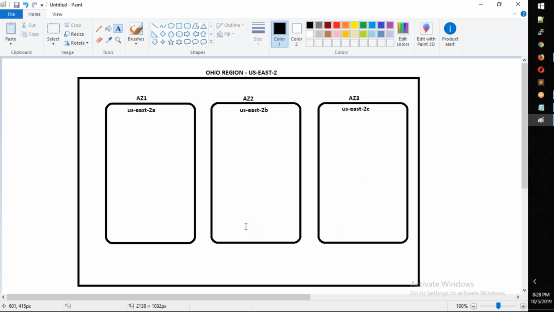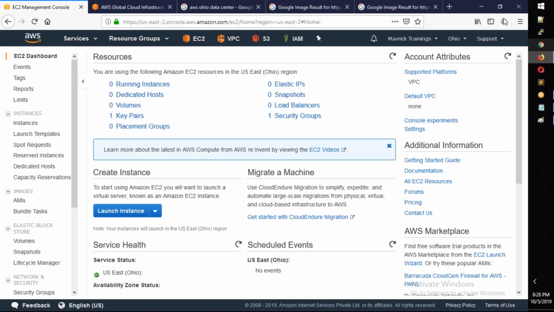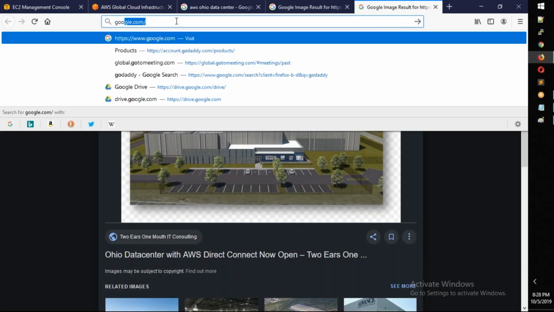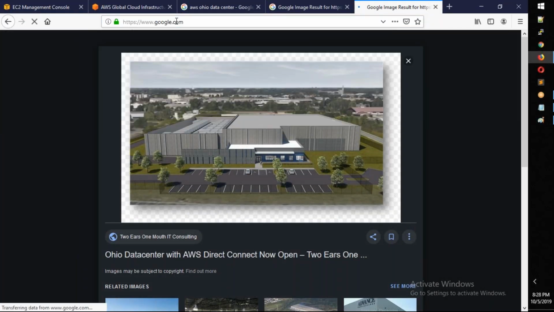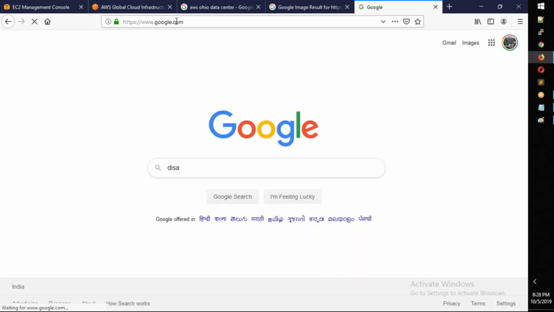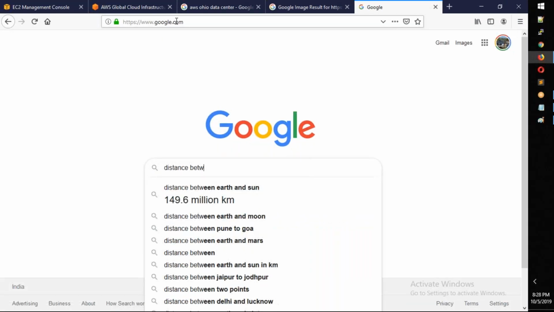Now don't think that these availability zones are side by side. They are separated by a lot of miles, actually kilometers. They're not next to each other like your flats. Okay. So imagine that each one is at a good distance, but I don't really know the precise distance between each, but we can always Google around. Let me put it like this: distance between